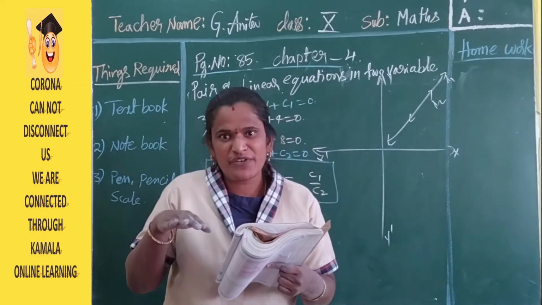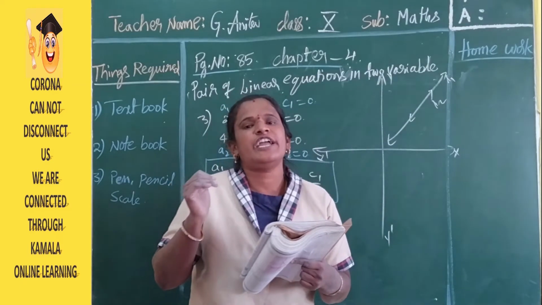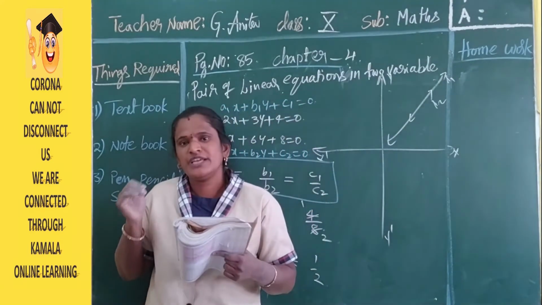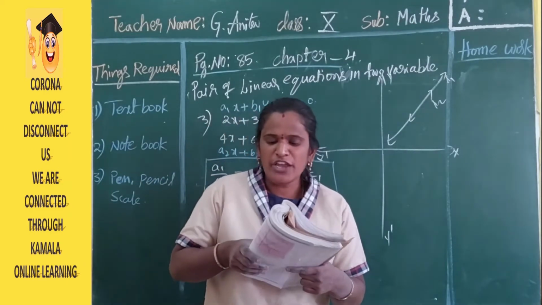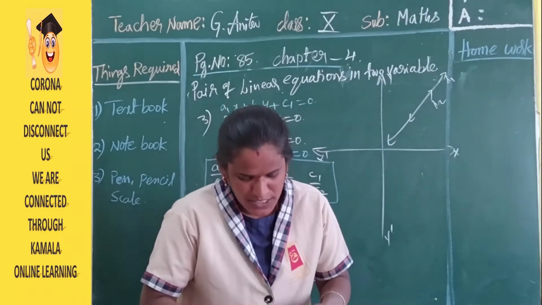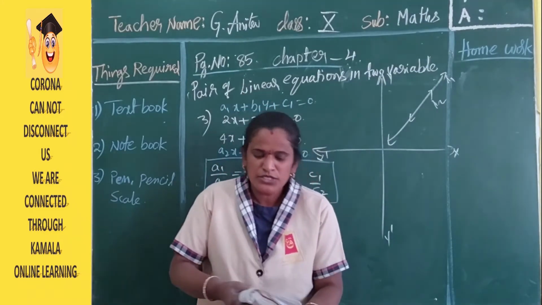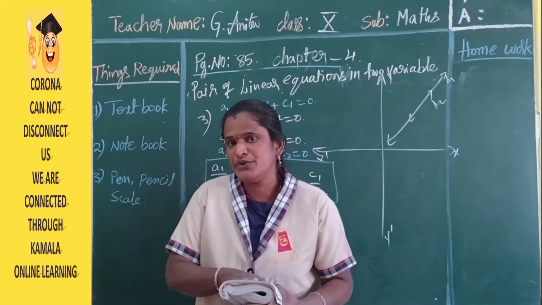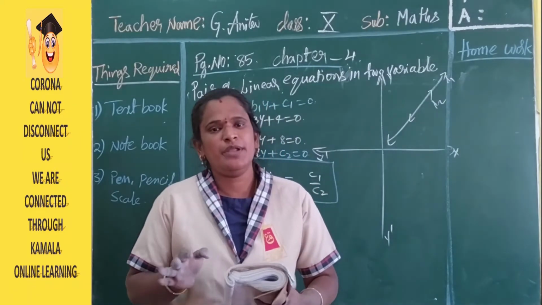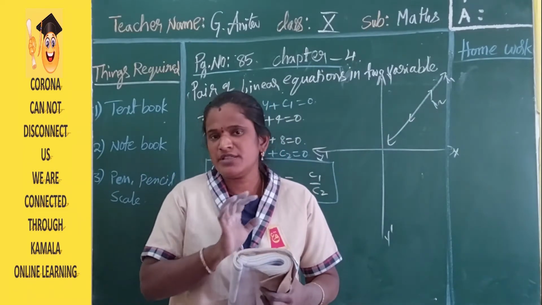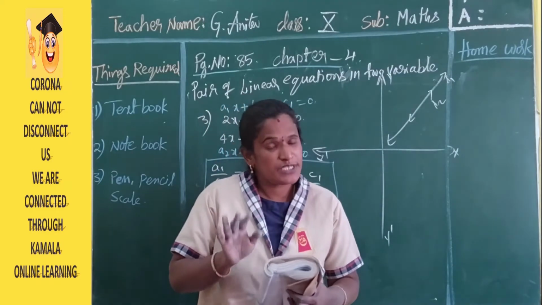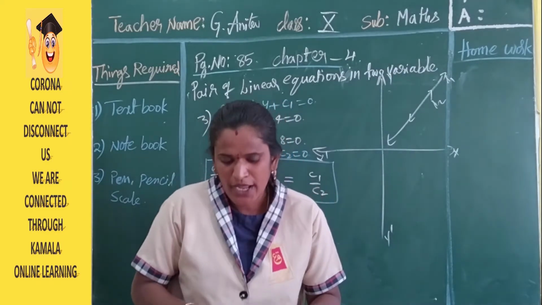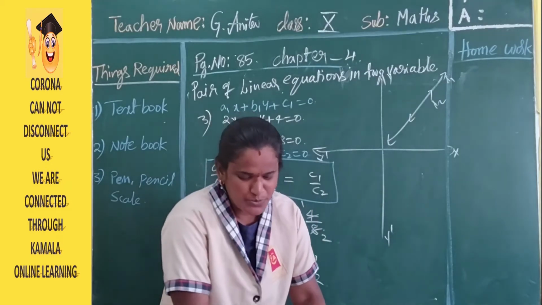So all values are equal, which means the given system is consistent and dependent, the graphical representation is coincident lines, and it has infinitely many solutions. Is that clear, students? This table is most useful for you. This is the most important table; this whole chapter depends on this table only. Practice it more and more times, and you should be able to write this table without looking. Next I am going to start the exercise problems.